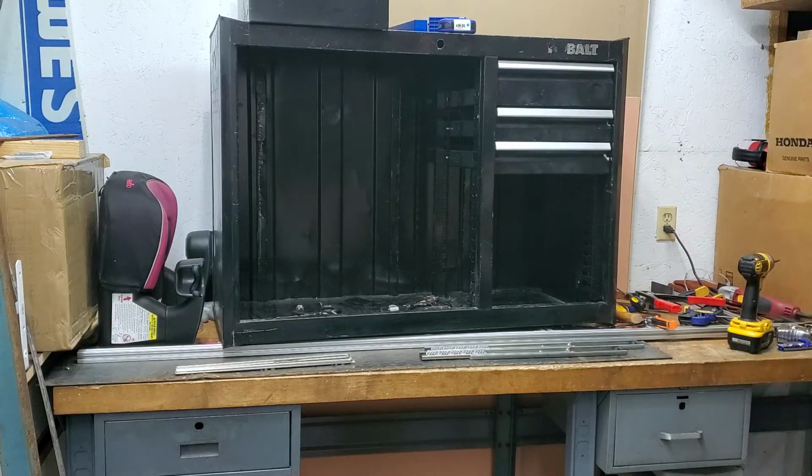So, debating on whether to put 2 in the big drawer would be wise. I do have it extra, so it's not going to hurt me. So I'm not going to show you the actual installation. I'll just show you when I shove it in. And